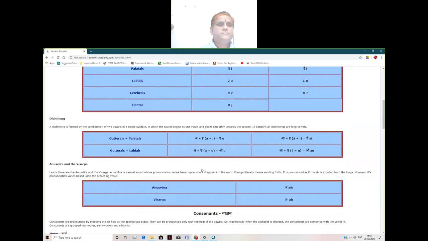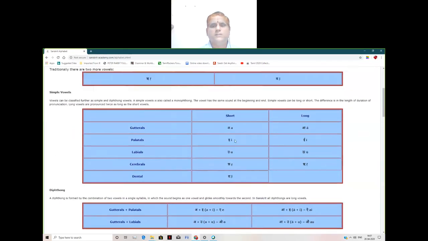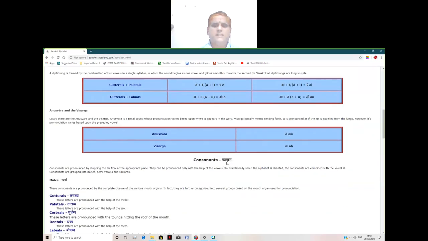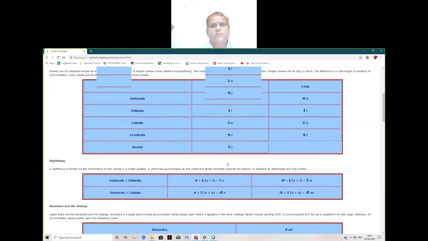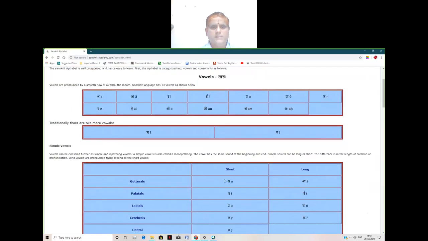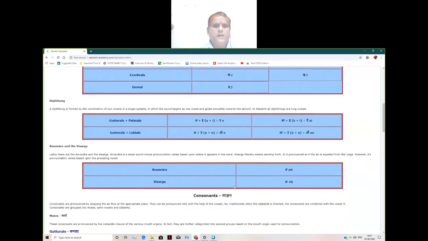Then we go with the letters given here, just for practice purposes. We are focusing only on these two tables which they have given. If anything extra comes, that is only for practice. You can write in your classwork this table, the blue color 1, 2, and this 3. These are not that important here.